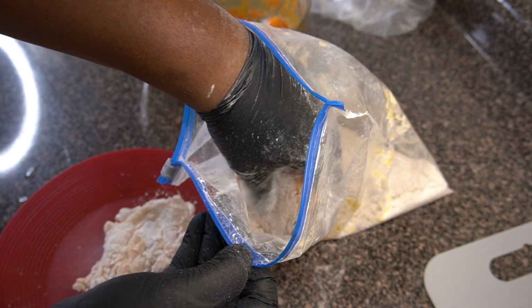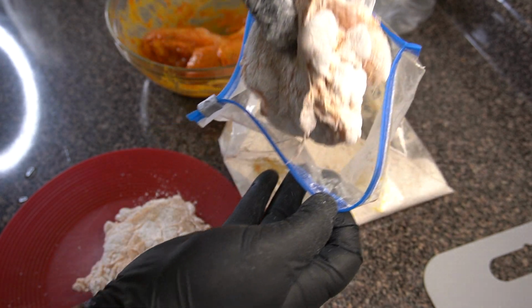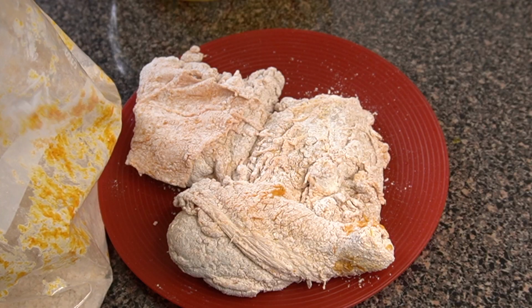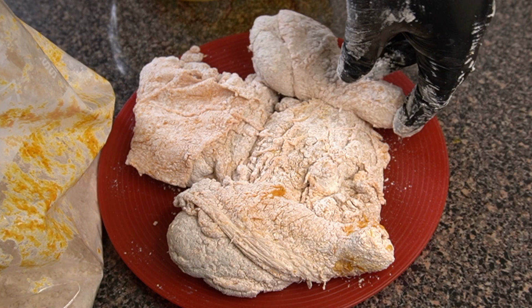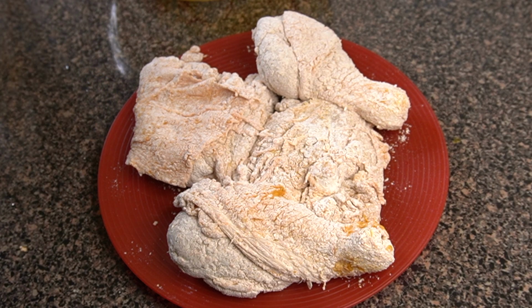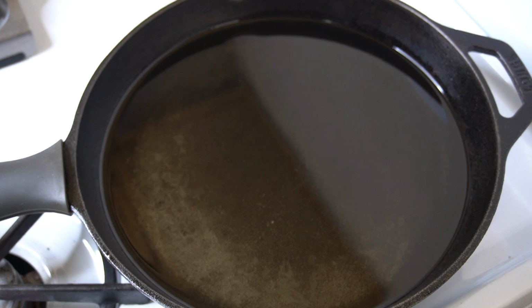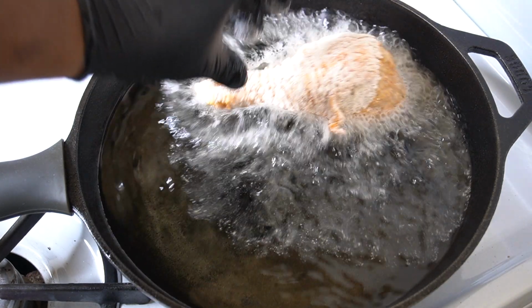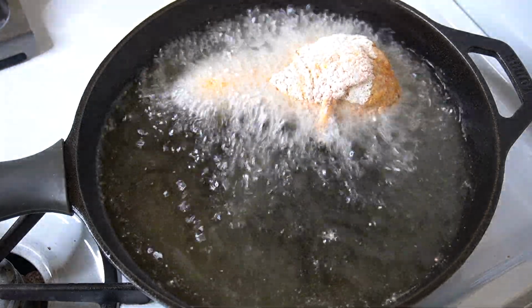Make sure you get all of the excess flour off, because it'll just be a whole lot of extra burnt flour in the pan, and we don't need all of that. So after I did that, I just obviously shook up the chicken in 2 batches. But there we go, that's the chicken, and now it is time to place it in some oil. So this is just some neutral cooking oil that I had heating up, and the temperature is about